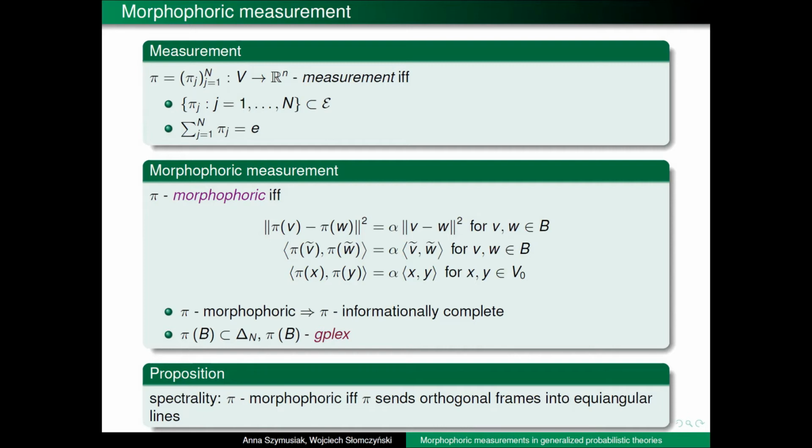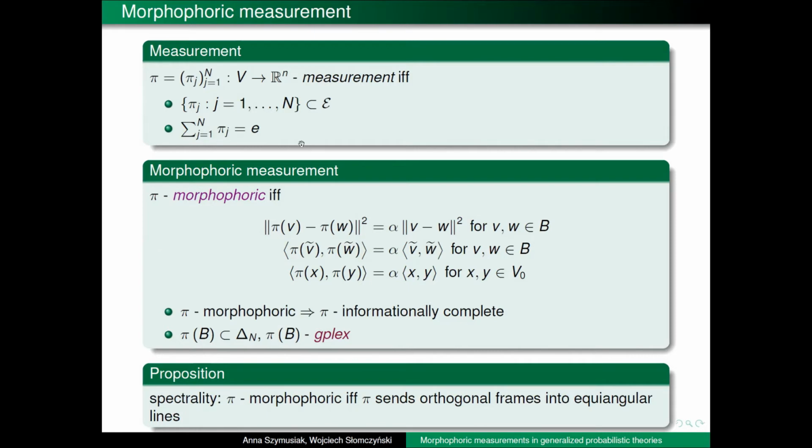What is a morphophoric measurement? A measurement is just a collection of effects such that the sum of these effects is equal to the unit. Measurement or observable. And a morphophoric measurement is a measurement which